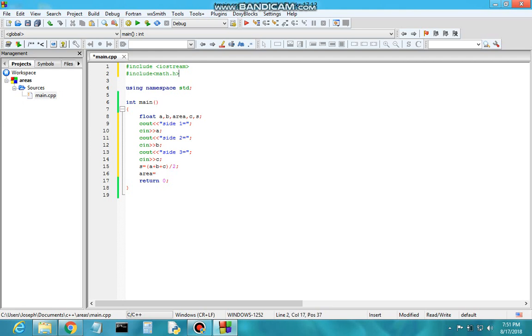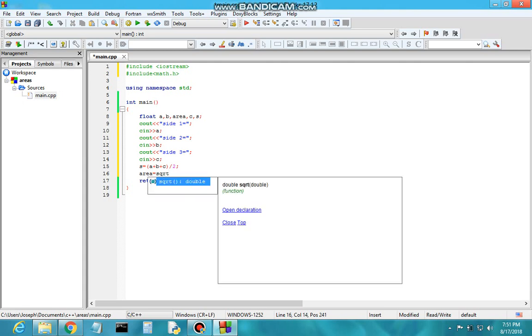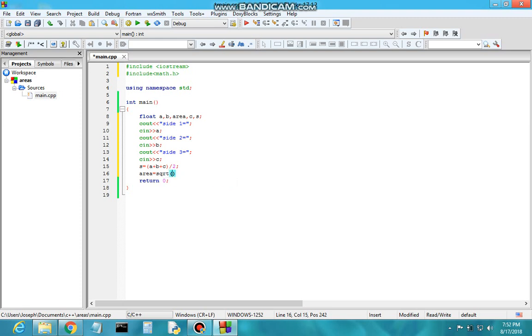That's the reason we have got this math.h. If we need to use the square root, we need that library, like sqrt, square root of s